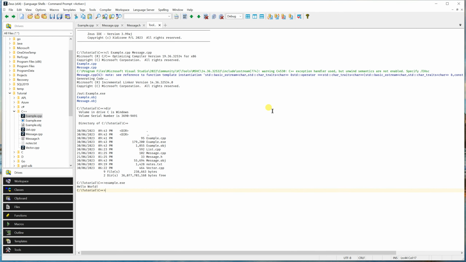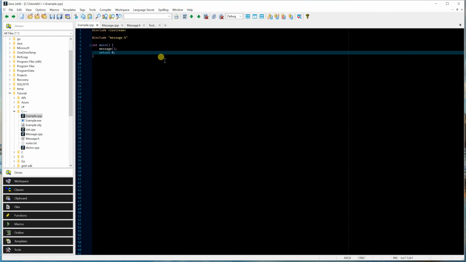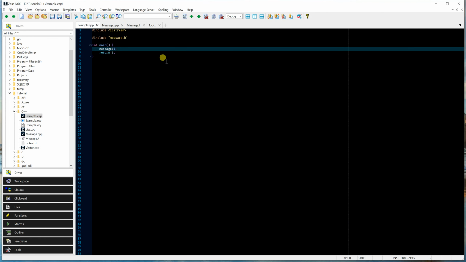Okay, so what does that all mean? Well, it just means that the process to build an executable is a two-stage process. It's the compilation stage, which produces the obj file, and then it's the linking stage, where the obj files are used to produce the executable. But it's always important to note, this is why you can get two different types of errors, because if it fails in the compilation stage, so if I introduce an error right here,